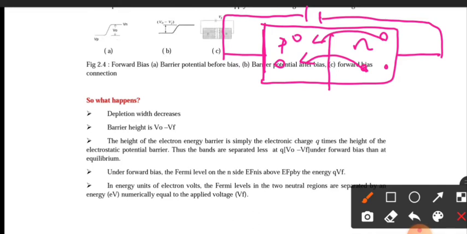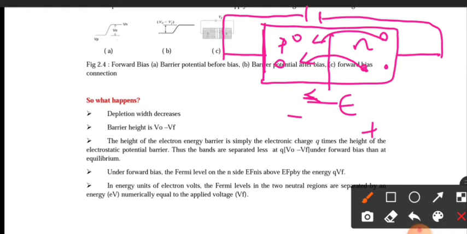Previously there was an electrostatic potential here, an electric field, we had minus plus. Now due to the external supply voltage, the electrons will acquire the energy and have the strength to cross the barrier, reach the P side and combine with holes. So like that electron hole movement will happen. So diffusion current will flow through the PN junction.